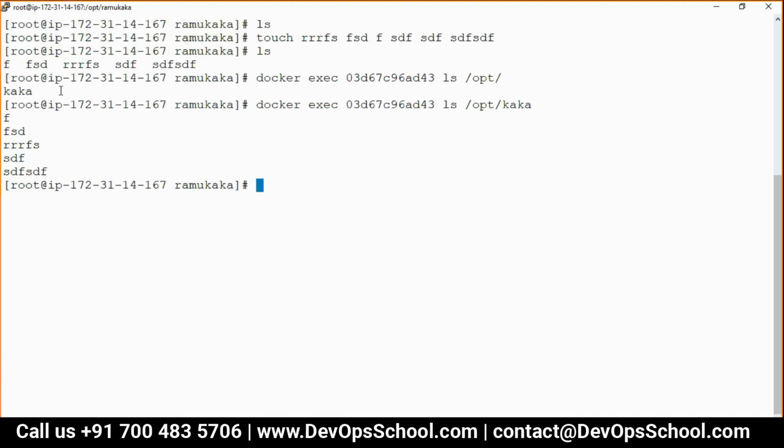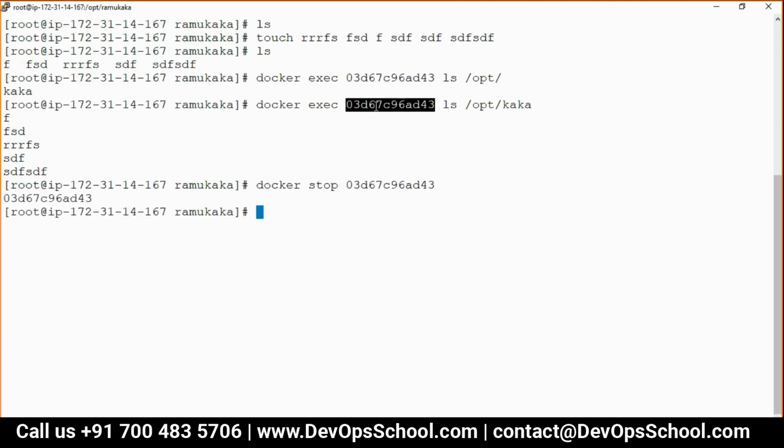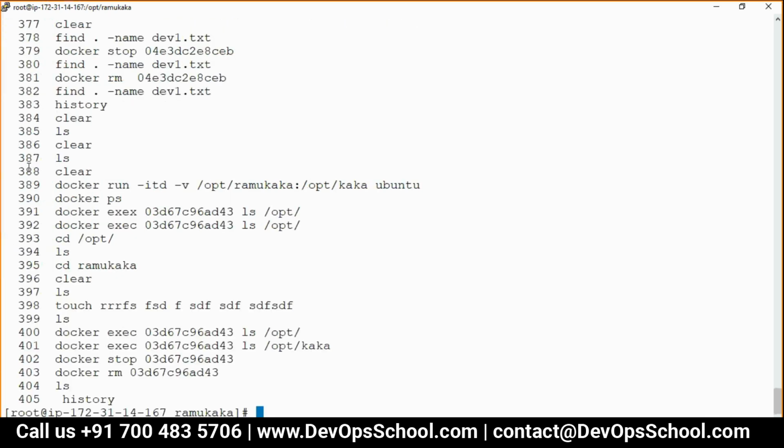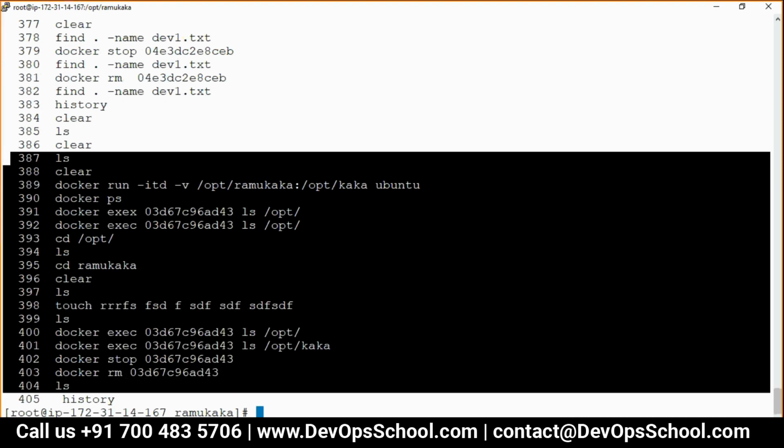See? You write inside a container, you see it in the host machine; you write in the host machine, you see it inside the container. Now, can I delete this container? Stop this container and remove it, and you see the data is still there. Persistency has come. This way you can store anywhere in the host machine, including NFS mounted to the host machine. Understood, guys, this concept? So, this is volumes.